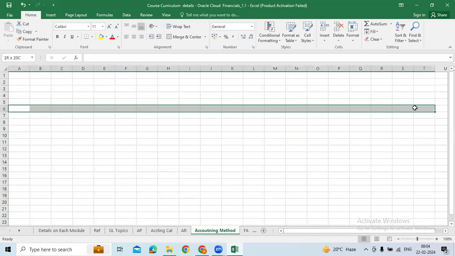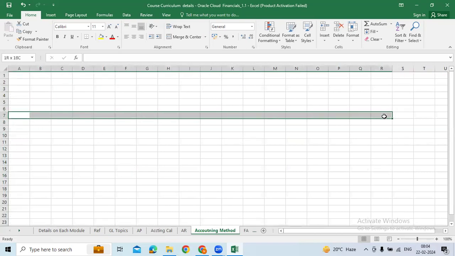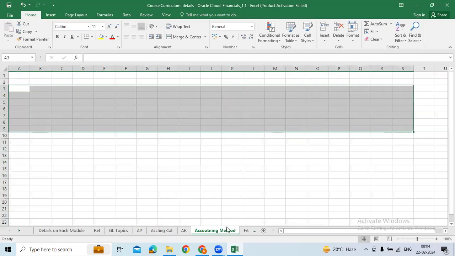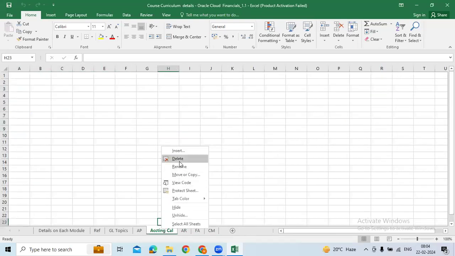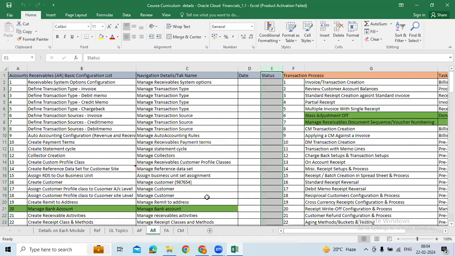What naming convention have they used? What is the start date? Everything can be updated. That you can call a BR100 document, okay, a business requirement document. I am removing it just for your understanding. I have just shown